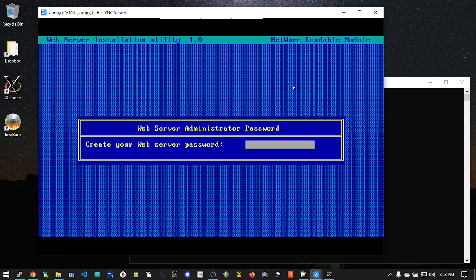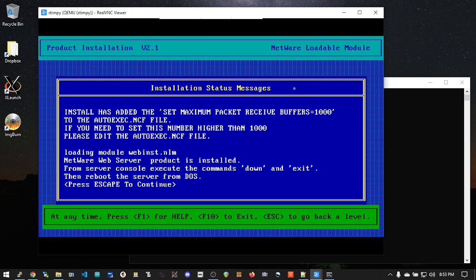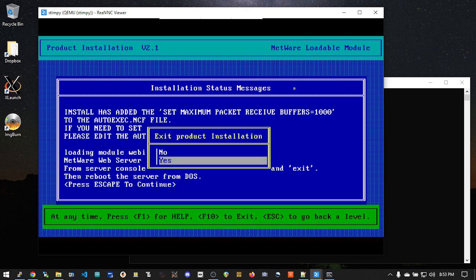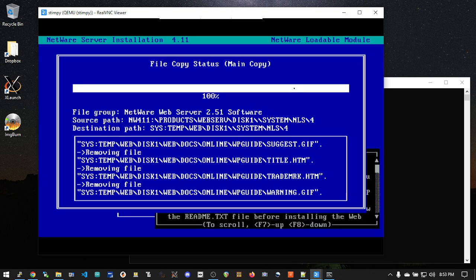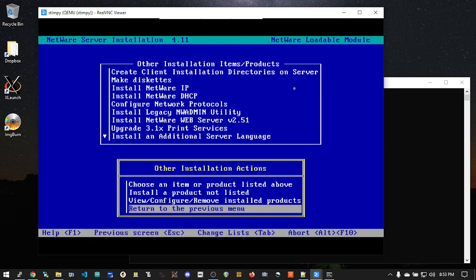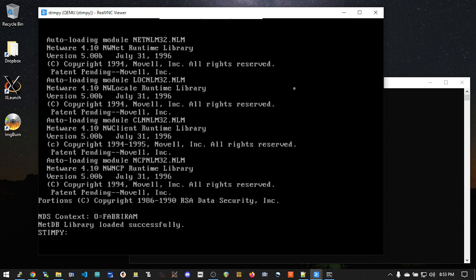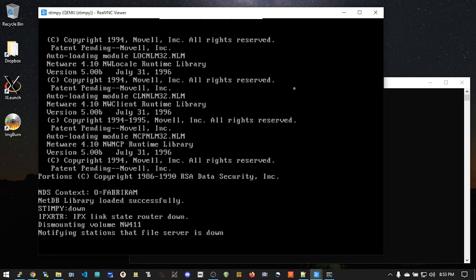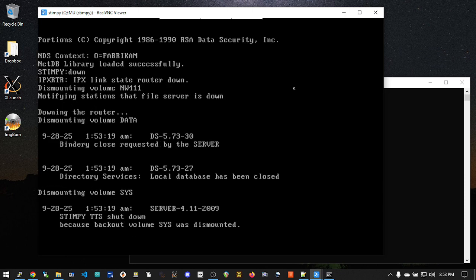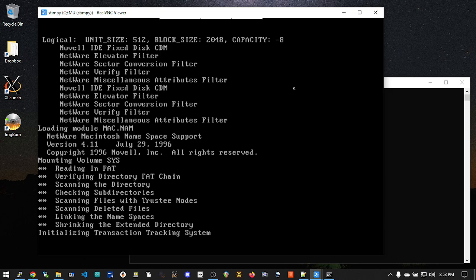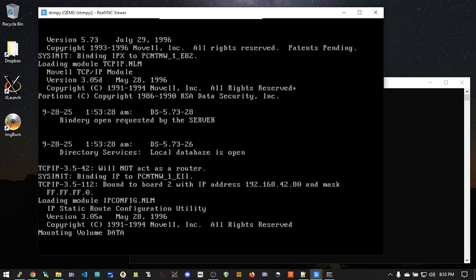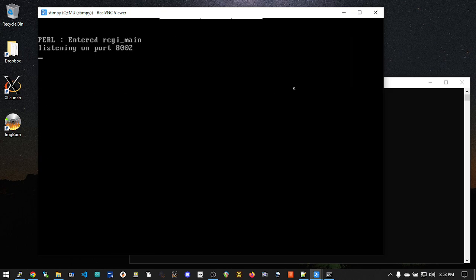Web server password. F10 to exit. Nope, hit escape. Escape. Escape. Yes, let's do it down. Exit and start it back up again. And this is what's kind of nice on a virtual machine. My physical boxes, when you down it,